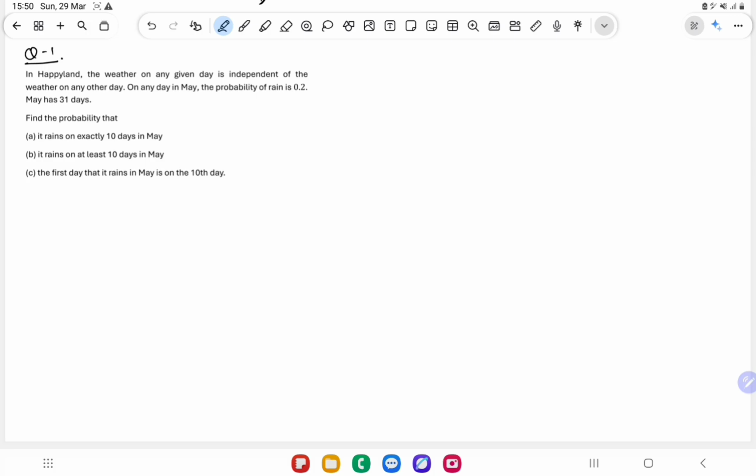Now in this question, in Happy Land, the weather on any given day is independent of the weather on any other day. On any day in May, the probability of rain is 0.2 and May has 31 days. Now in part A, we have to find the probability that it rains exactly 10 days in May. For starting the solution, first, they are talking about the probability, and they want us to find the probability for exactly 10 days. It means we will be using